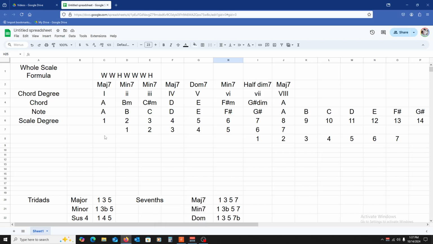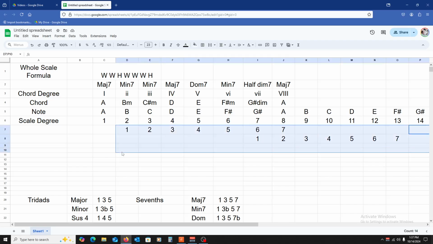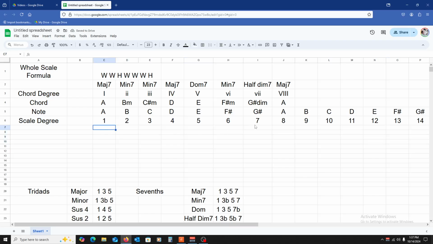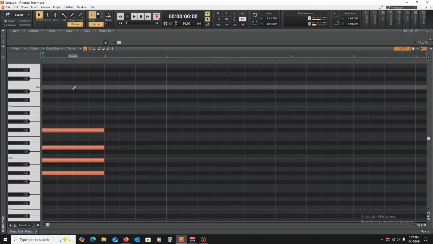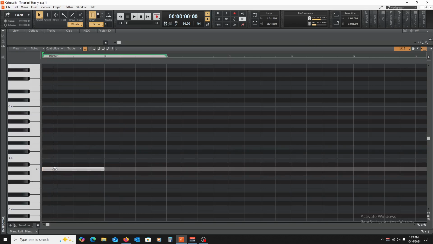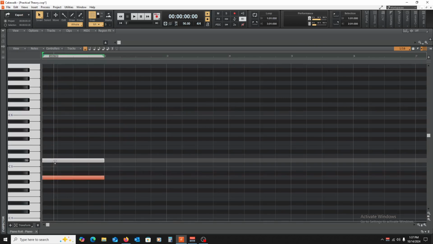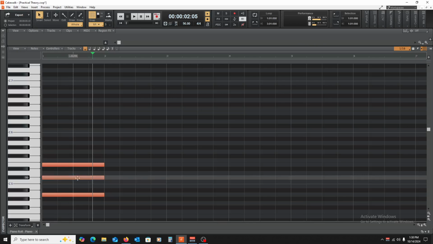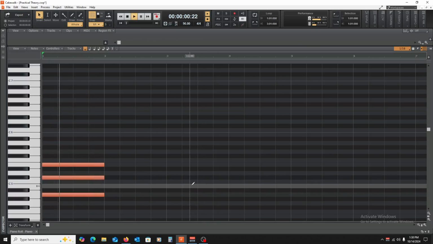So, if we were to come back to our normal example of an A major 7 with a 9, we can add a 9 into there. So let's do this. A, C sharp, E. That is an A major triad here. But if we wanted to, say, add in another scale degree,